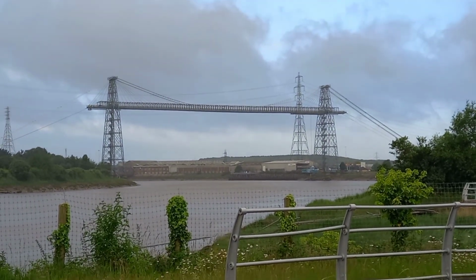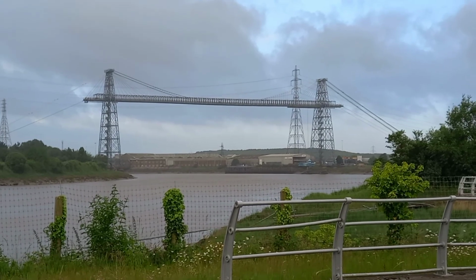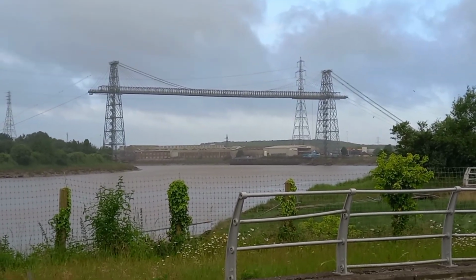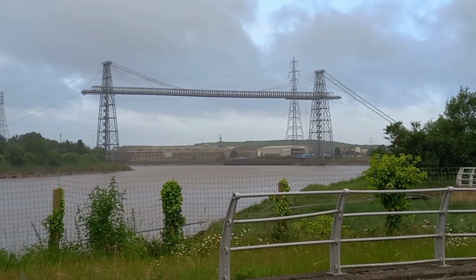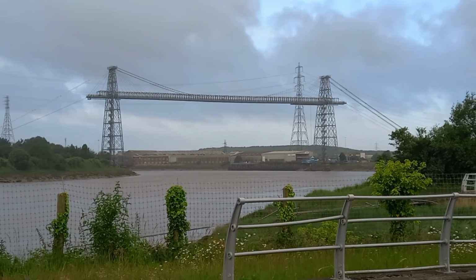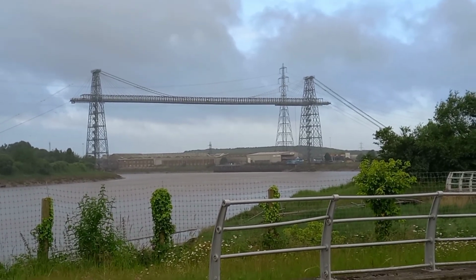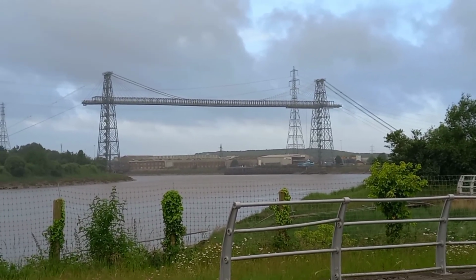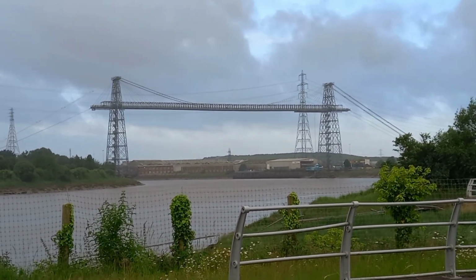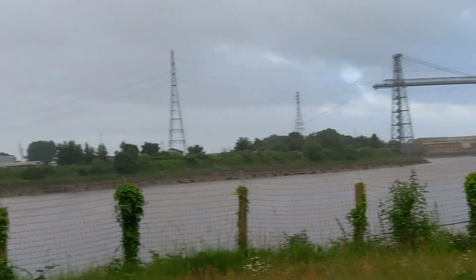And the idea of this Transporter Bridge was to carry a small gondola which hangs from the wires and transport 6 vehicles at the time from the residential side of the bank, which is on our right, which is the Pilgrimley area, over to the industrial side of the bank, which was just Corporation Road, I guess. Anyways, also alongside us we have